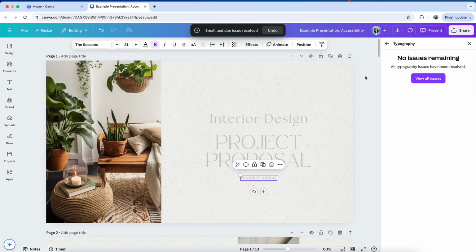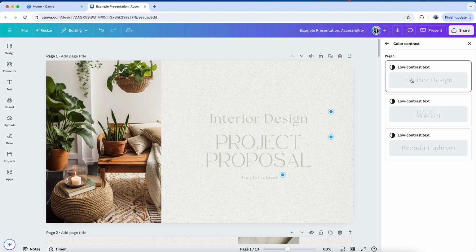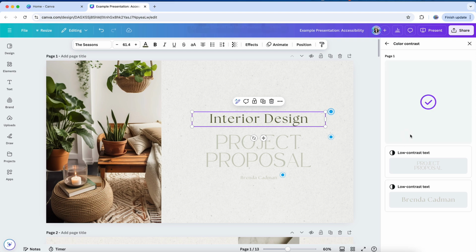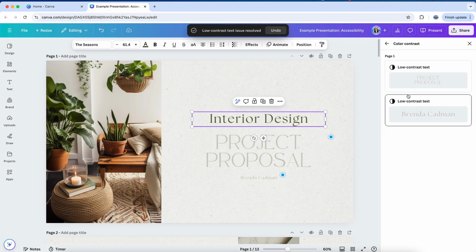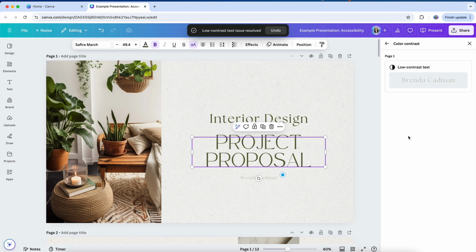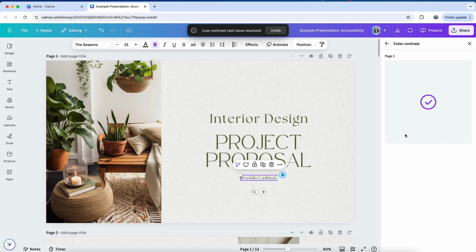You can apply these suggestions directly from the tool, making it a quick way to enhance text legibility. The color contrast section identifies any low contrast text that might be hard to read against its background. Canva will list the specific text boxes that need attention and provide an option to apply suggested text color to improve contrast. With one click, you can make these adjustments, ensuring that your text stands out clearly. As you fix each area, Canva will mark it as resolved, so you can confirm when your color contrast is